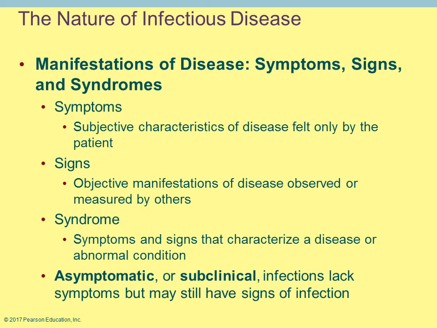Now we can ask them to rate the pain, but we cannot say definitively, yes, your fatigue level is at 3.2. It's a very subjective measurement. A sign is something that we can measure, but someone else can measure it. You can come and say, you know what, I have a fever. I can get a thermometer and measure it and say, yes, you have a fever of 101.2. I can measure that. A syndrome is when you combine the symptoms and signs together that tend to characterize a particular disorder or disease.